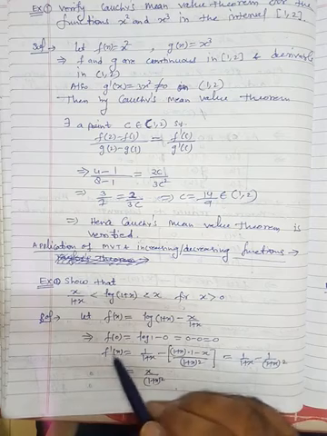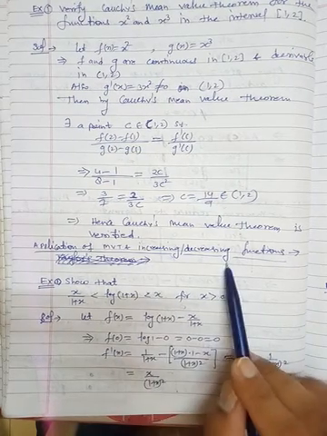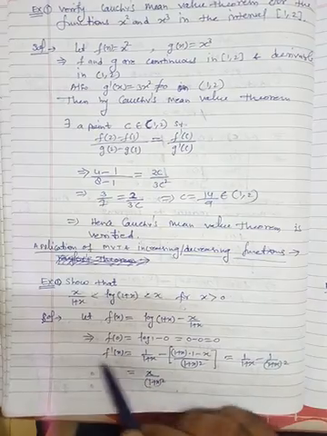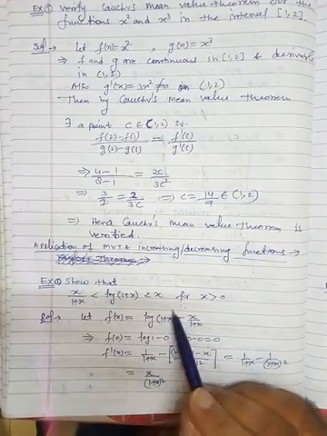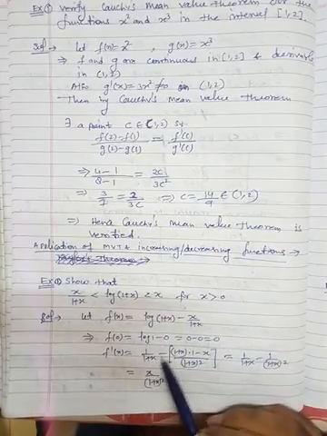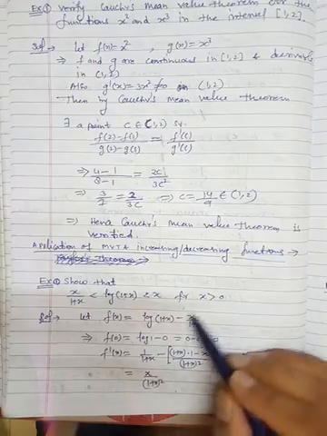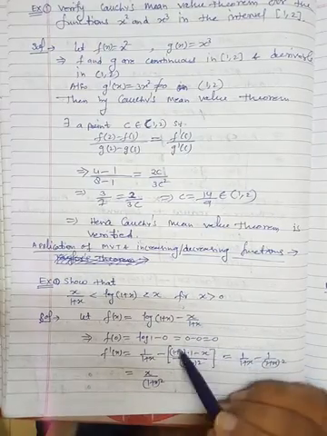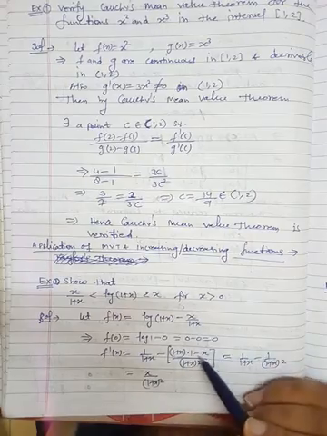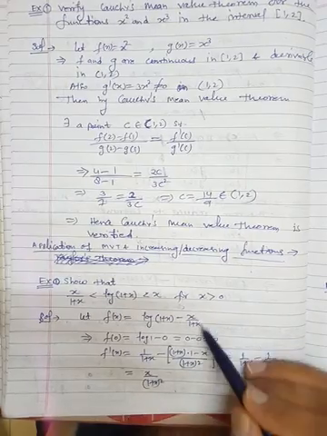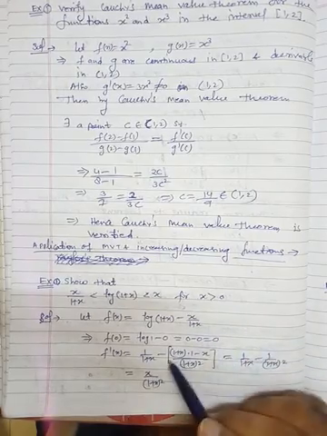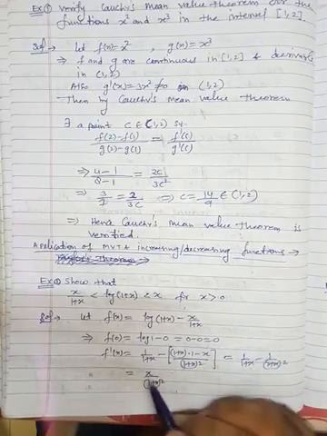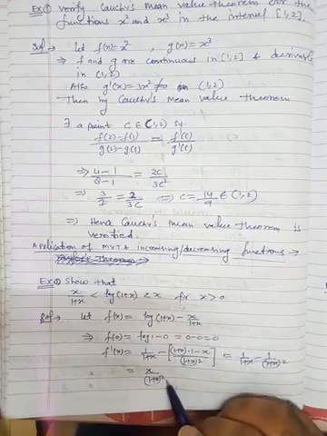Now find the derivative, because we want to use increasing decreasing function. So we can use derivative. So f dash x, differentiate this function. So what we will get, derivative of this is 1 upon 1 plus x minus derivative of this will be 1 plus x into 1, that means this derivative will be 1 minus x as it is, and the derivative of 1 plus x will be 1, divided by 1 plus x whole square. After simplification of this, we get x upon 1 plus x whole square.